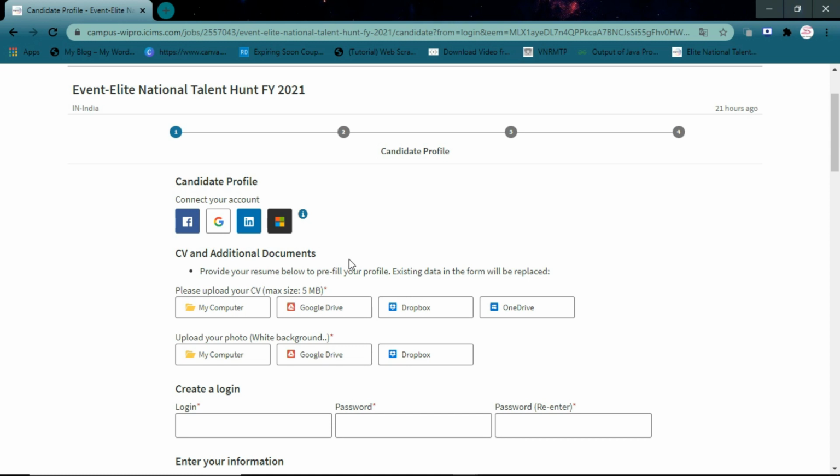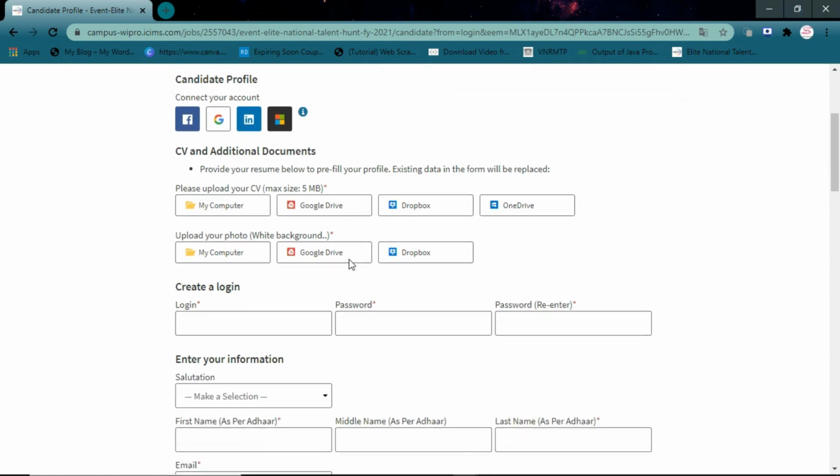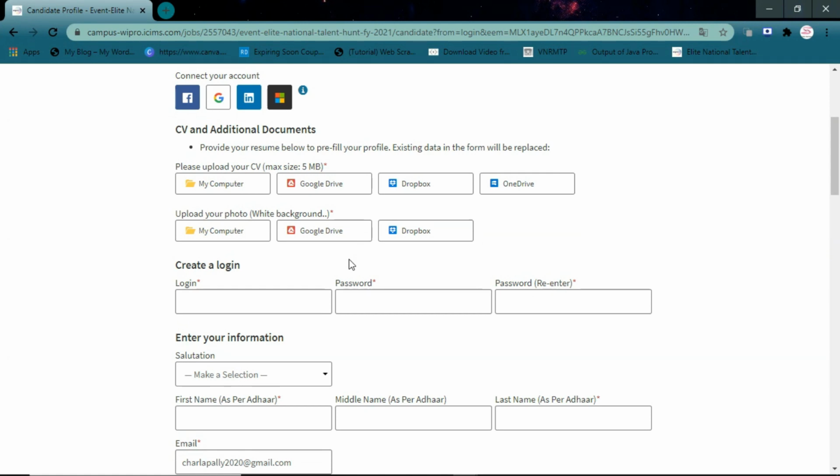Next, upload your photograph the same as your resume. Also check that your photograph has a white background. And next, create your login by entering your login ID and password, so that your login ID and password will be registered and you can use them at the time of your login.